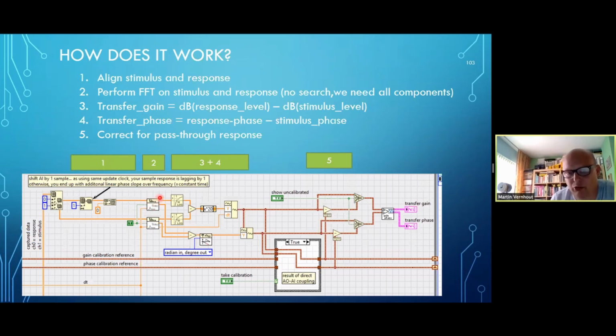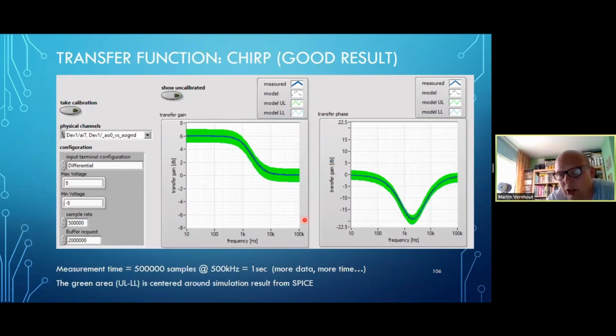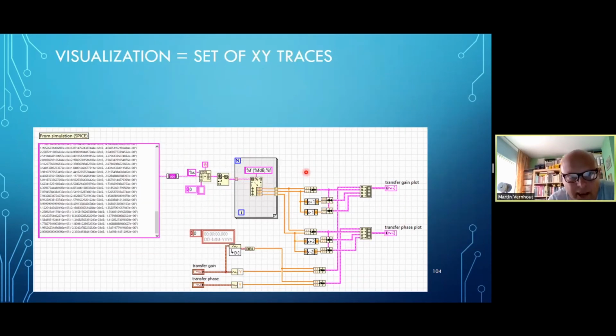The values go to an amplitude in RMS and a phase. We again calculate the logarithmic value, 20 times, because it's a voltage. The phase difference. In a very similar way, we get this plot. So instead of having discrete frequency points where we have found the transfer function, we have them now for all frequencies.